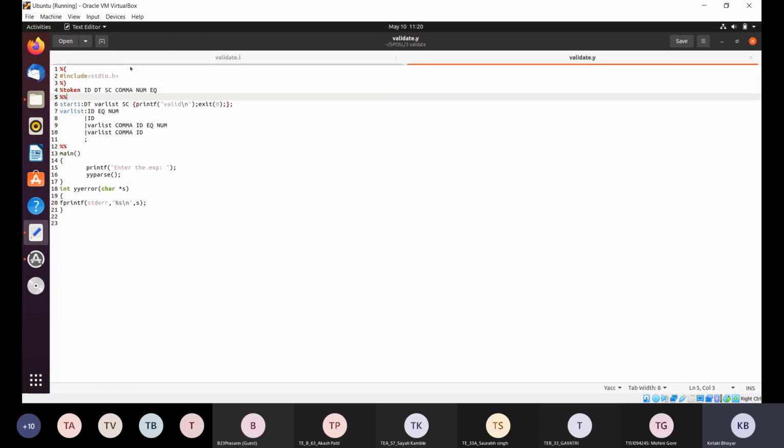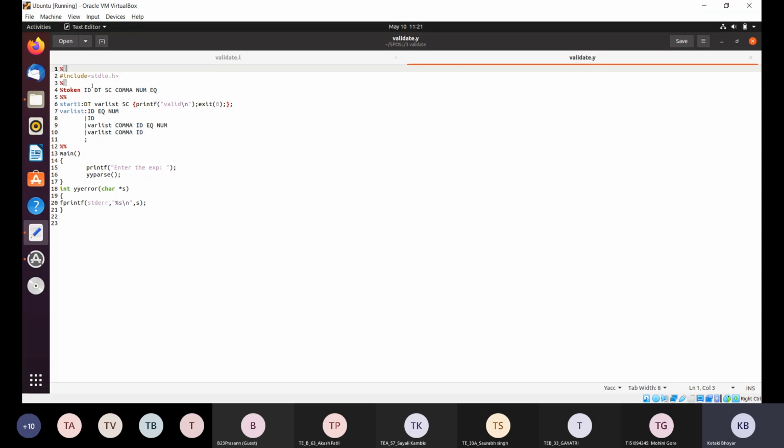Okay. Now what happens here is, the basic aim of this program is that we have to validate the syntax of any statement given in the code. Now for example, किस type का statement हो सकता है? We can give the variable list. ठीक है, हम variable list कैसे declare करते हैं? Suppose we are declaring any integer in our program, int a semicolon. This is the declaration of a variable. Else we can also assign the numbers to that particular variable. So int a is equal to 1 semicolon, right?